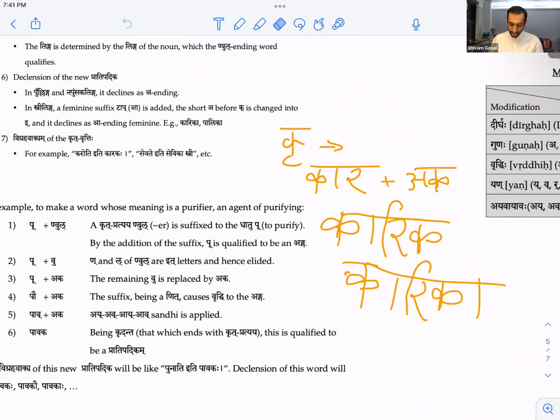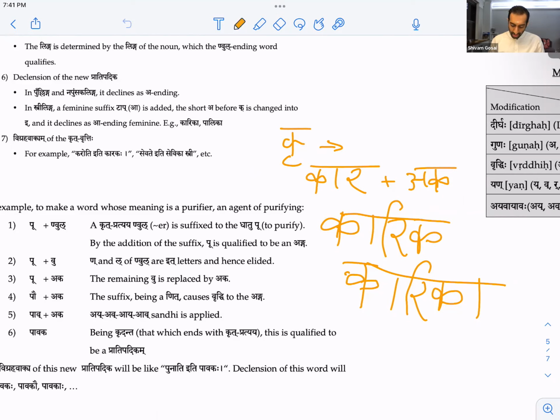So I have kar. Kru becomes kar because of vriddhi. We've seen that a few times now, right? Hopefully that's okay. Hopefully we can go past that. Kru becomes kar because of vriddhi. Then nvul becomes aka. So it just becomes karaka if it was in masculine or napumsaka linga, right? Karaka. Now what happens is,